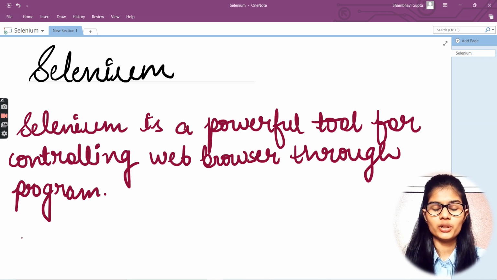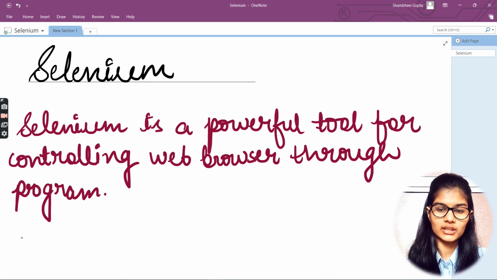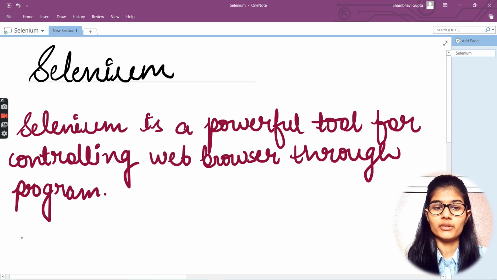So we write some code, we just do some coding, and with the help of that coding only, we try to automate the web browsers. We open a web browser and according to our needs, we try to automate it. Let's say you want to open Google, or let's say you want to open LinkedIn, whatever relevant website you want to open, you open that through it. Fine. So hope I am clear with this.